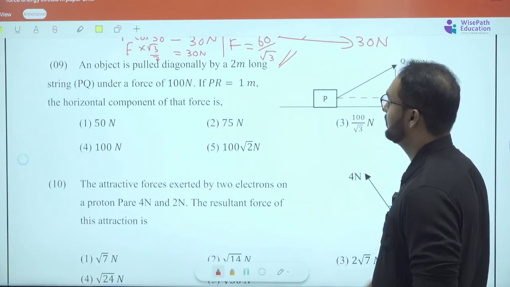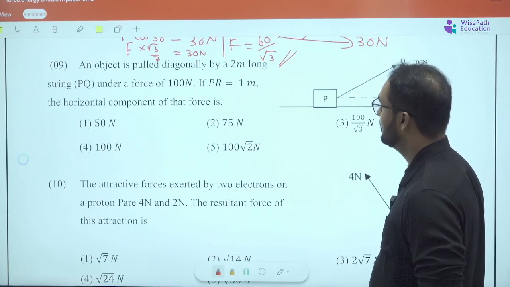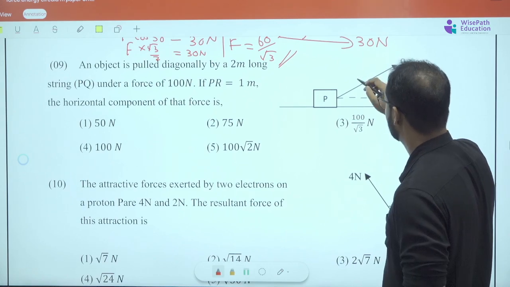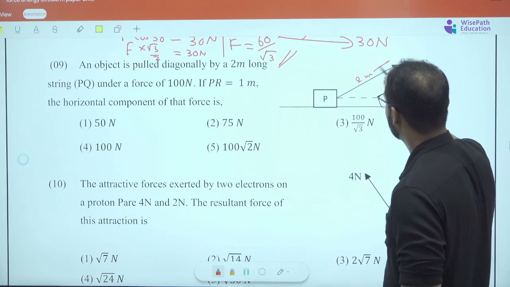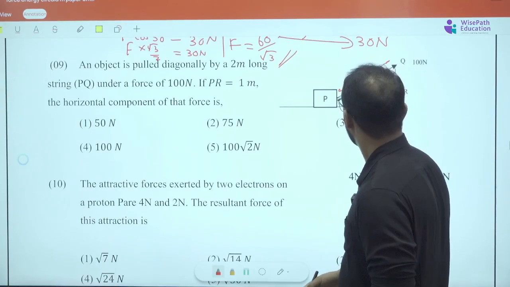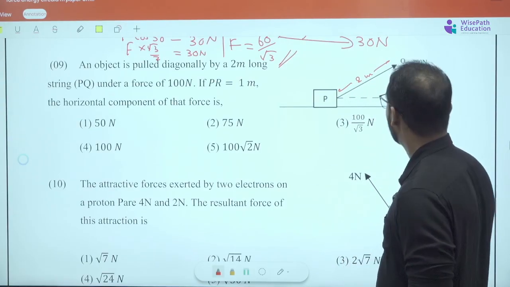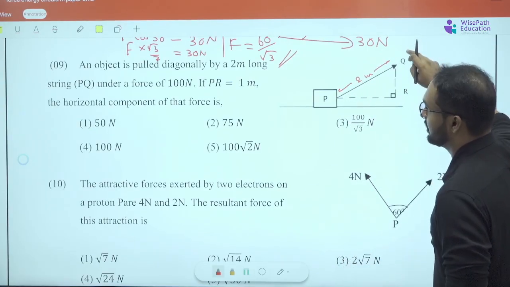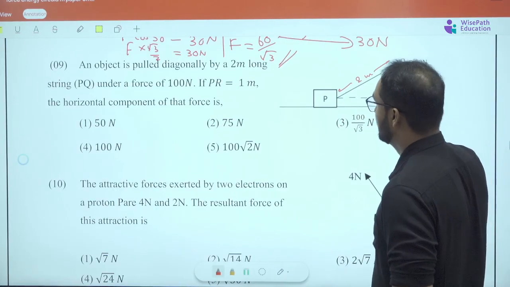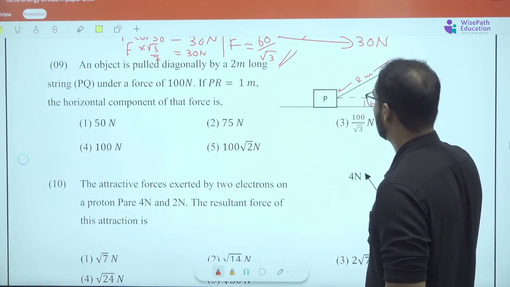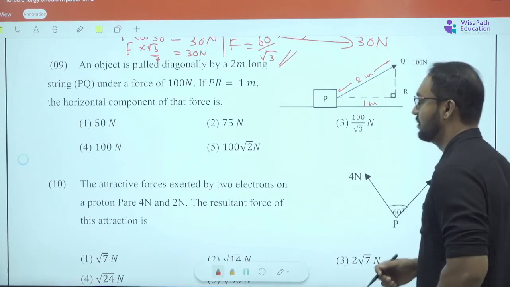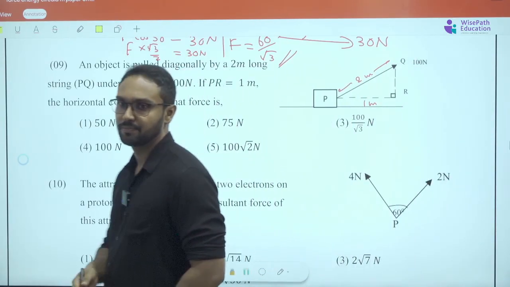An object is pulled diagonally by a 2 meters long string. This string is 2 meters long, that is PQ, under a force of 100 newtons. The PR, this side, is 1 meter, right? The horizontal component of the force. So how do you find the horizontal component of the force? You have to take, if this is theta,